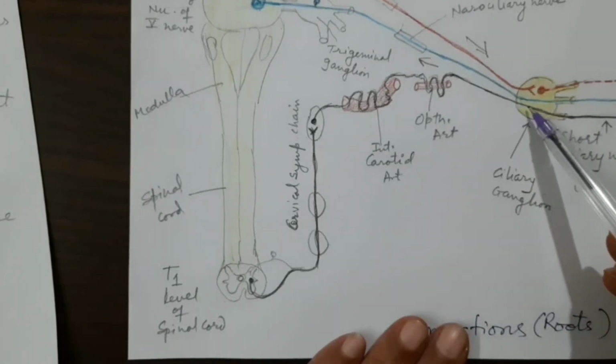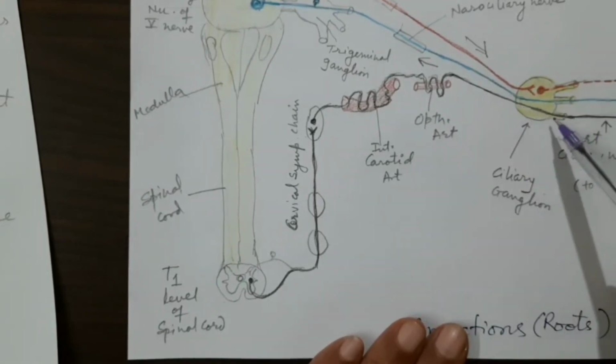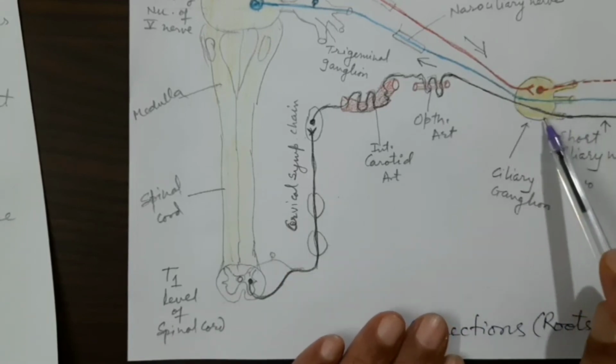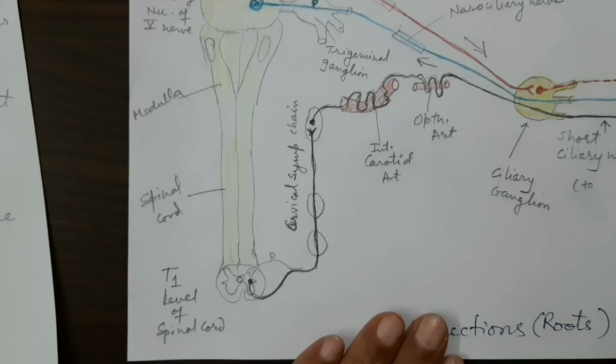Then this fiber will also pass through the ciliary ganglion without relay, because it is a parasympathetic ganglion,